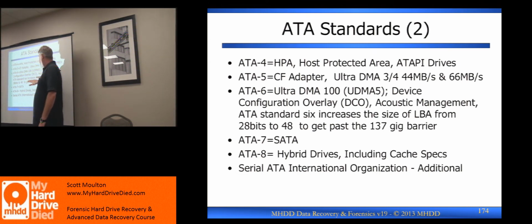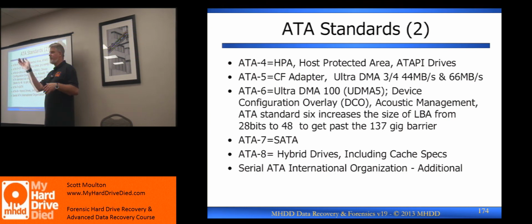That's Gateway. Then when we got to ATA6, the device configuration overlay was Dell and HP, and those guys wanted a utility partition. They wanted a partition they could boot into and run their utilities from that says, I'm going to test my machine, or I'm going to tell you if something's bad, or warranty, or whatever. You can actually use both of these together, but it's basically stealing space from your drive. They're just chopping it off. I don't use DCOs. They'll exist on drives, but I'll just ignore them. But I use HPAs. Again, I'll tell you why.